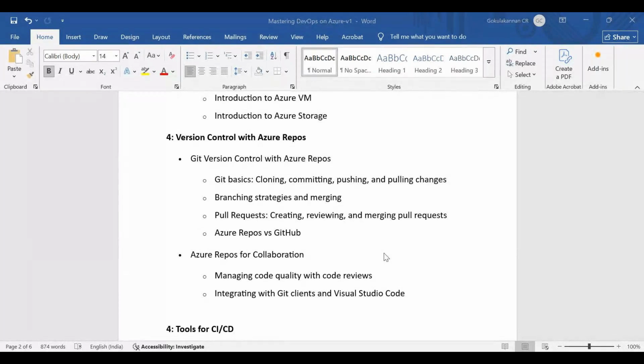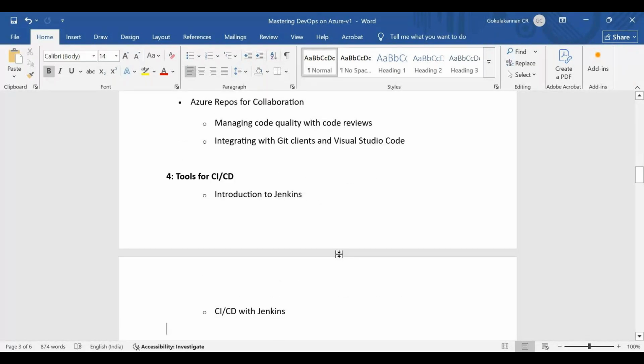So I'll be guiding you on how you can create your Git account, and how you can push your automation scripts, how you can keep your codes and all in a centralized place, how you can access it, what are the Git commands you will be using, what is branching, how you can merge your code, how you can manage your conflict. So those things and all we'll be discussing in the repos. And how you can make sure of your code quality, because in Git also there are a lot of options for your security and maintaining your code qualities and all.